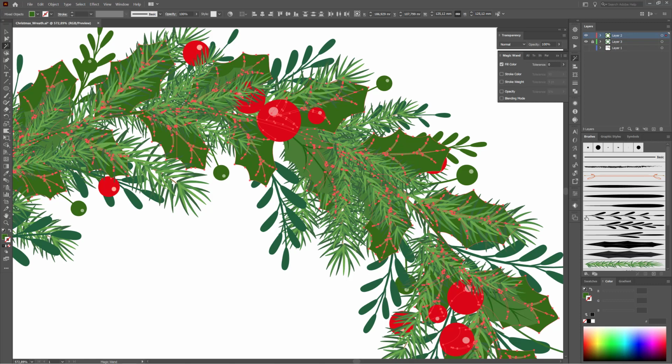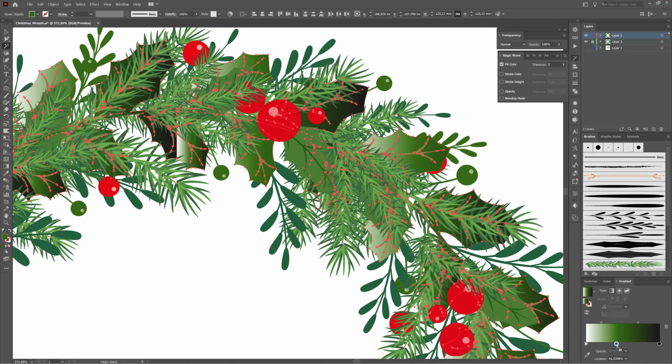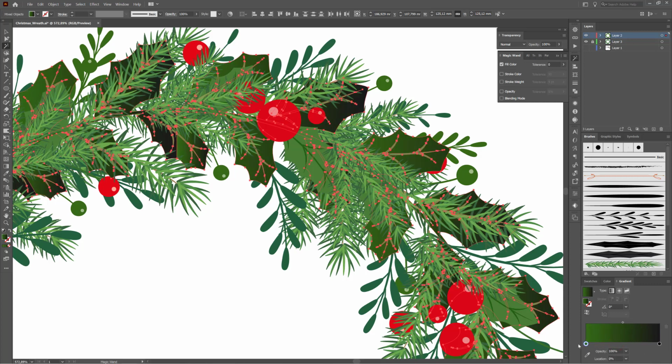Now open the gradient panel and drag the green color down. So now delete the white slider, click and drag the slider, and now apply a second slider, so click here and delete the black slider, and I'd like to change this green, make a double click,